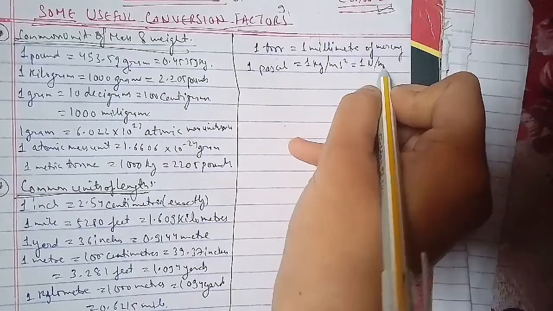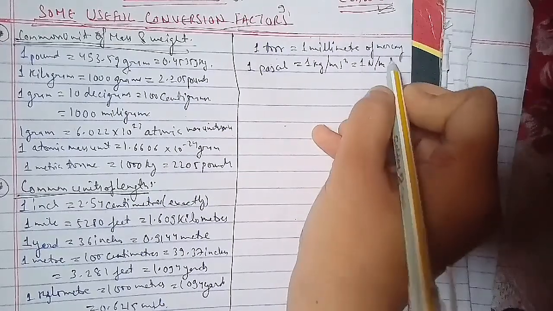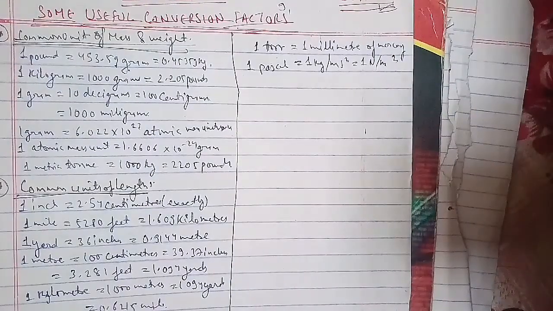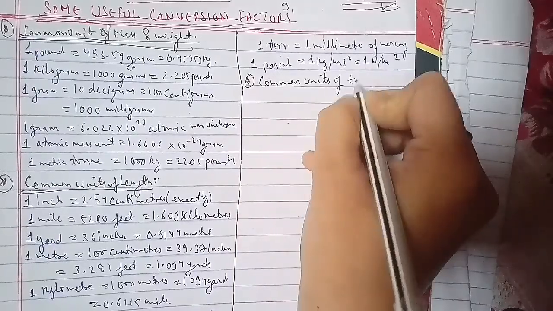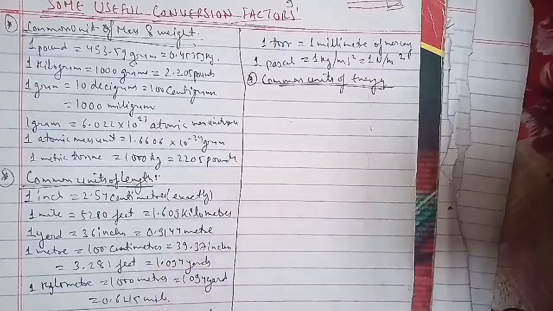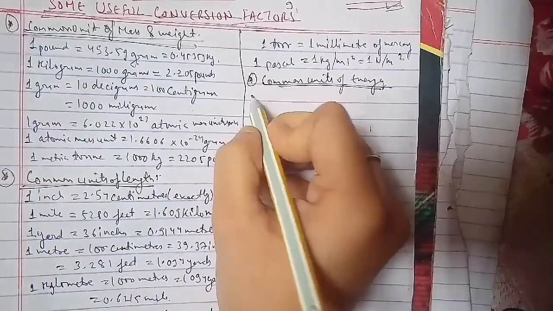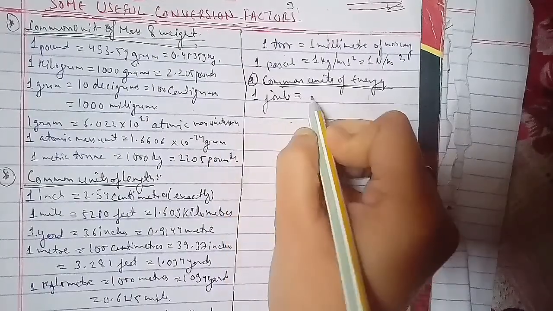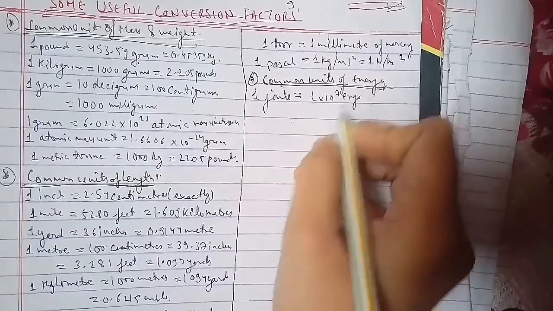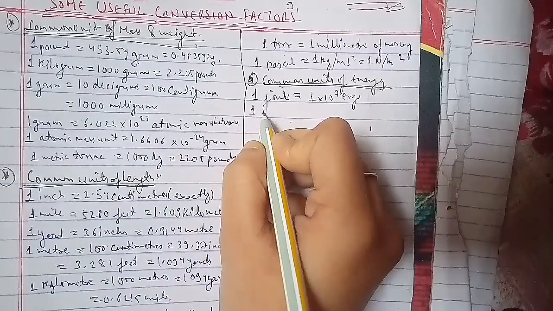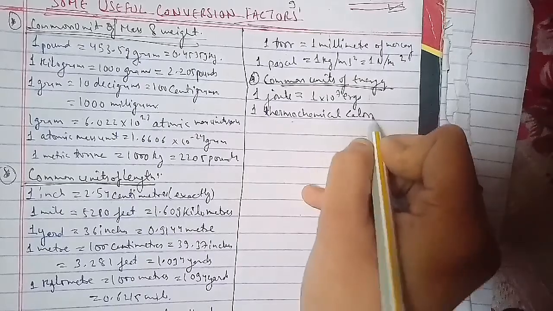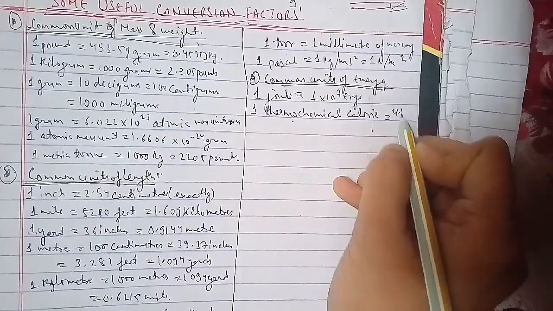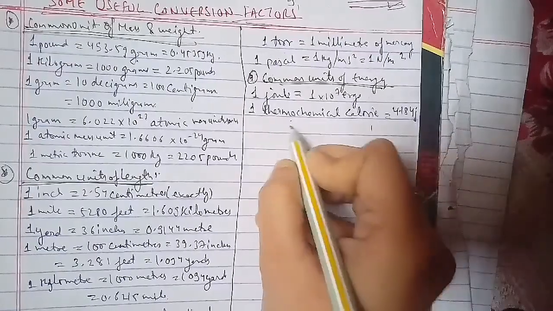In terms of common units of energy, we have 1 joule equals 1 into 10 to the power 7 ergs. 1 thermochemical calorie equals 4.184 joule, that equals 4.184 into 10 to the power 7 ergs, which equals 4.129 into 10 to the power minus 2 liter atmospheres, which equals 2.612 into 10 to the power 19 electron volts,